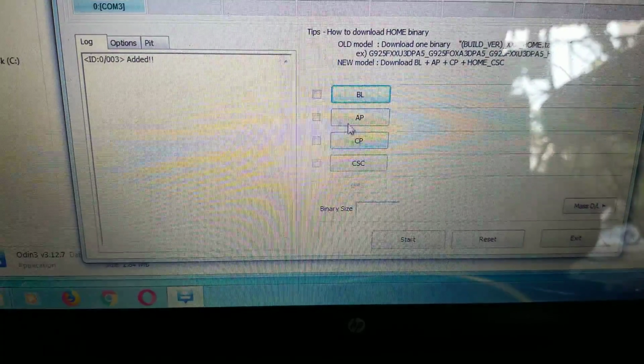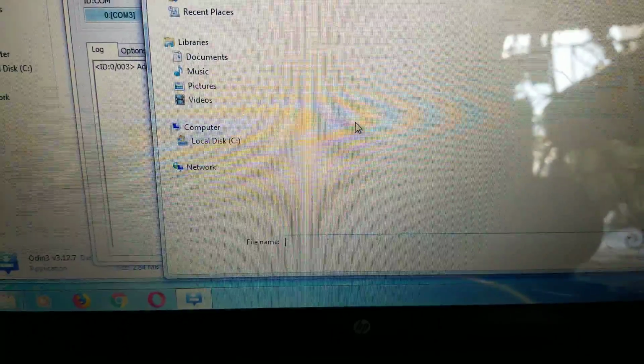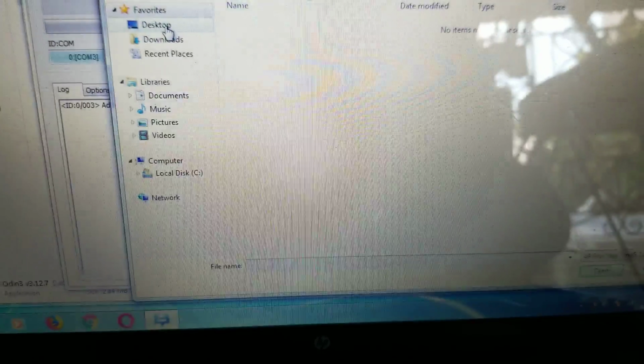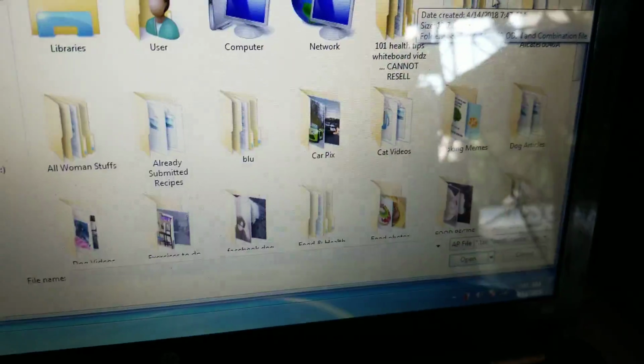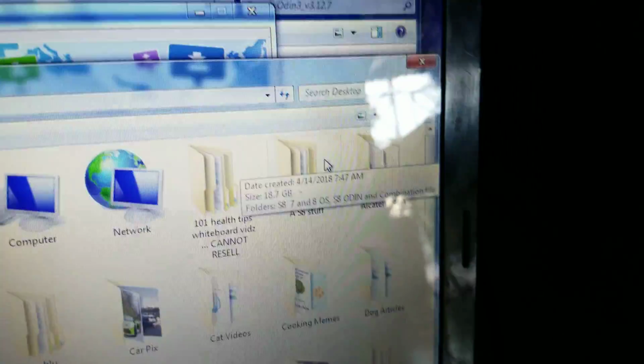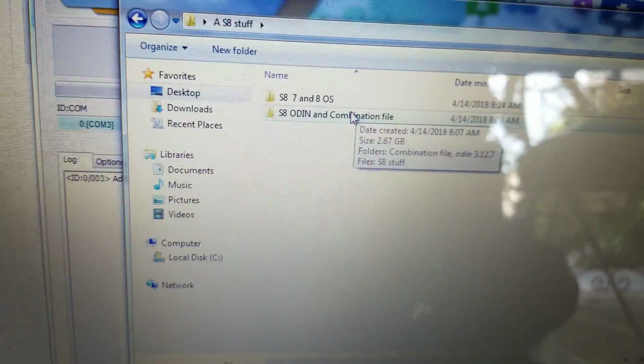So I'm going to open Odin, preferably run as administrator, click yes, and this is showing that the phone is connected on COM3. So Odin is now open. You're going to choose AP. I'm going to search for where the folder is, so I'm going to go to desktop, and I'm going to search in this folder, and I'm going to choose